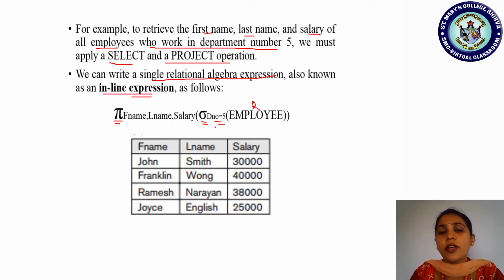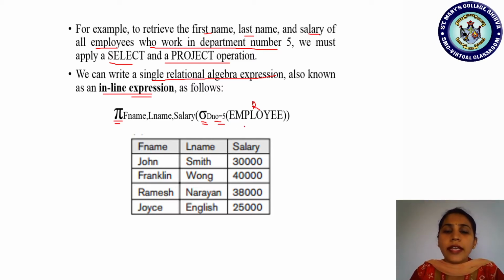Select by applying the sigma operator. What is the condition? The department number attribute D number of the employee should have the value 5. So select only those tuples of employees who have department number equal to 5.